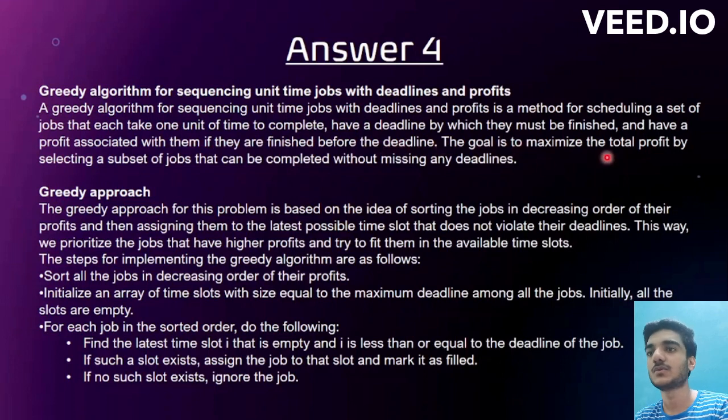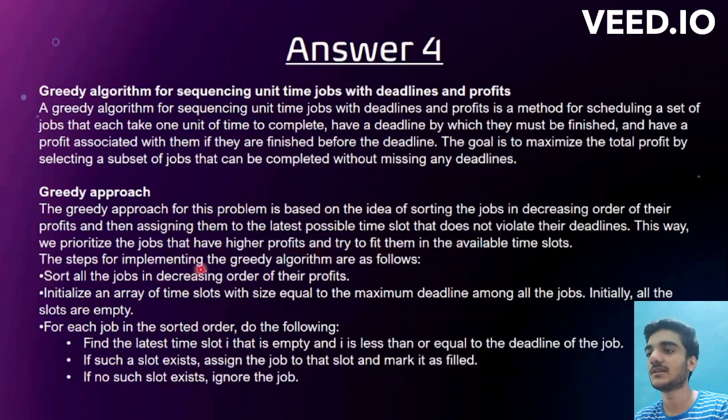The goal is to maximize the total profit by selecting a subset of jobs that can be completed without missing any deadline. Greedy approach. The greedy approach for this problem is based on the idea of sorting the jobs in decreasing order of their profits and then assigning them to the least possible time slot that does not violate the deadline. This way we prioritize the jobs that have higher profits and try to fit them in the available time